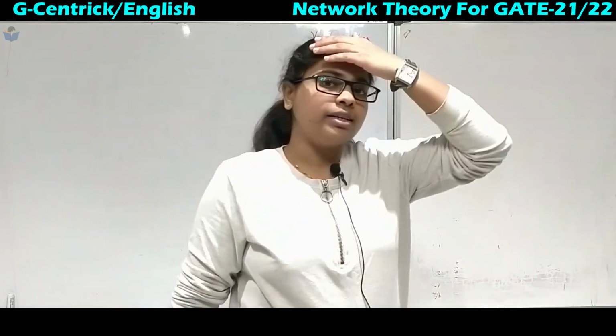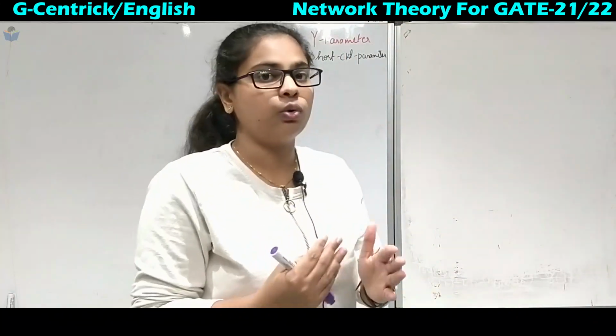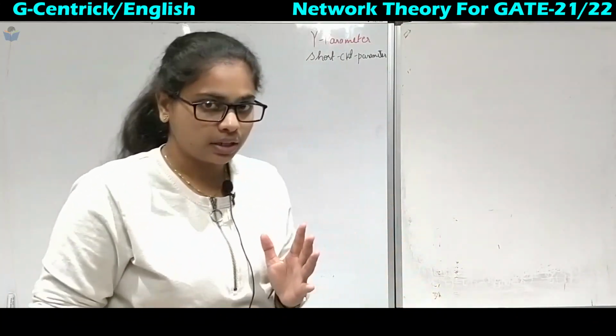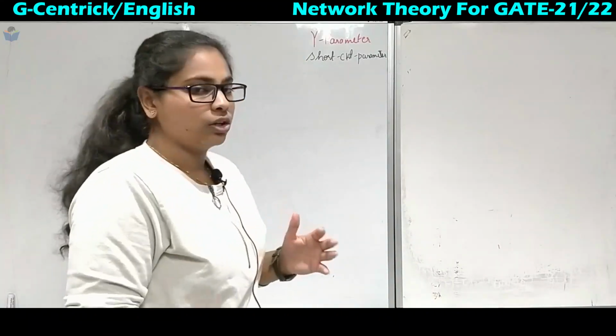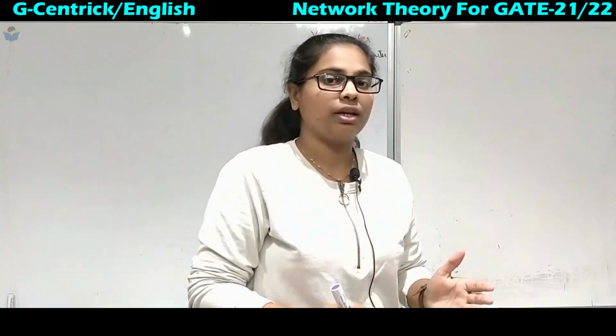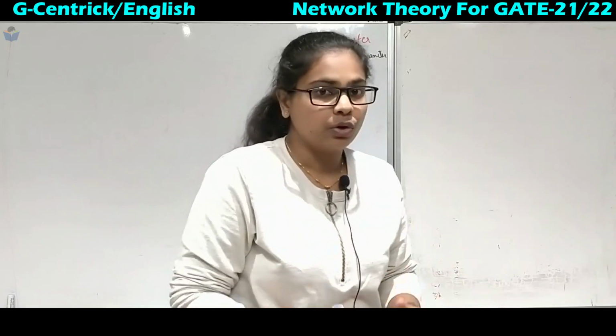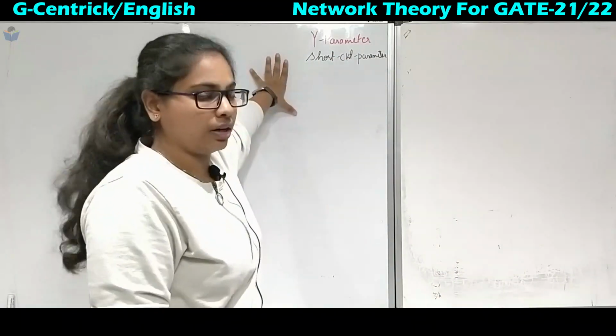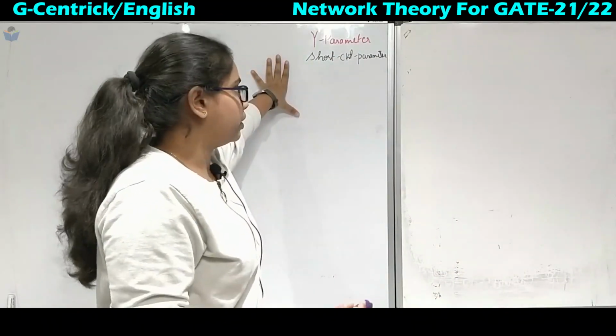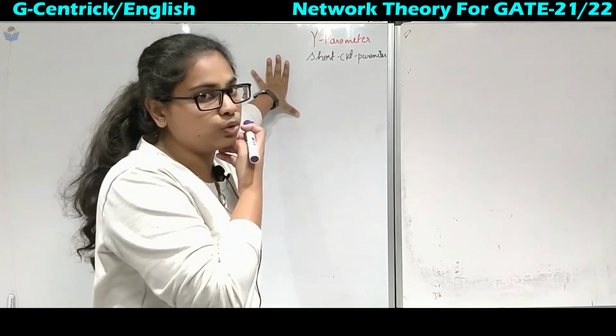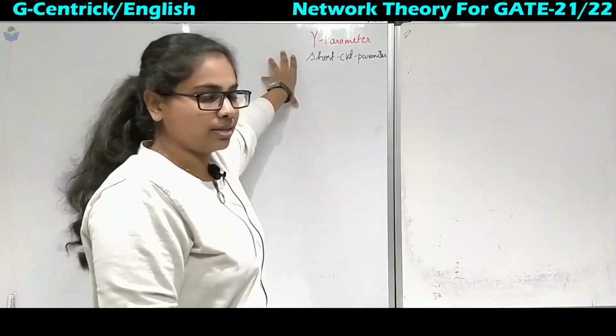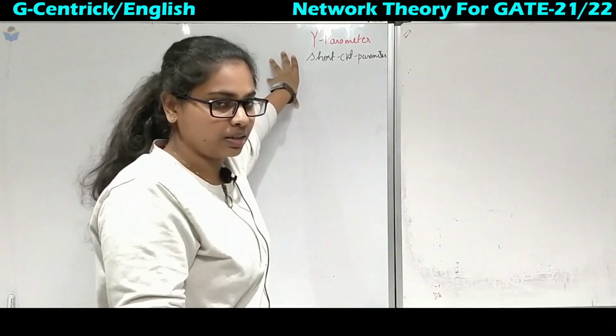So we have completed Z parameter and we have seen how easily we can solve the two-port network. These are questions that have already come in GATE and they will be very easy. So this chapter is an important thing, and we will not leave it. We will first do the 4 main ones: Z parameter, Y parameter, ABCD and hybrid.